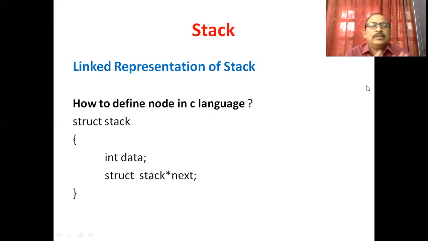You already know, with the help of the reserved word struct, followed by the name of the data structure, which is stack, followed by the type of information we want to keep on the stack. Next, struct stack *next is the pointer variable. Okay, so this way we can define a node of a stack.